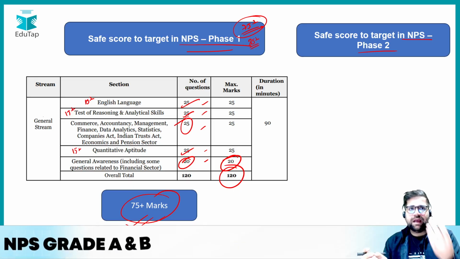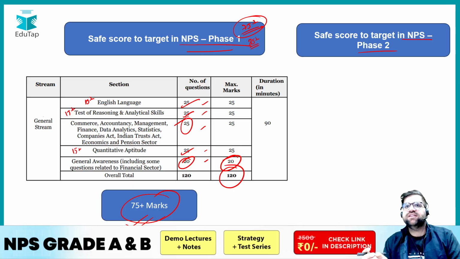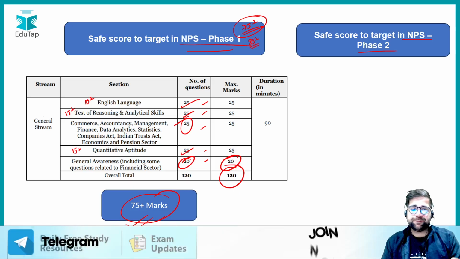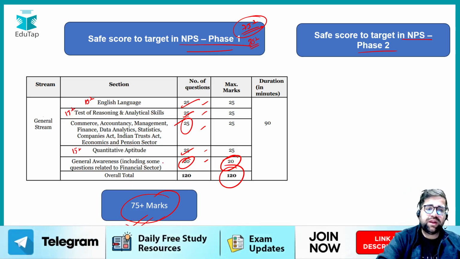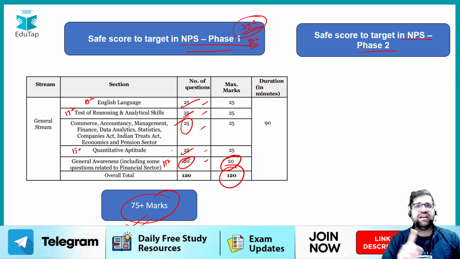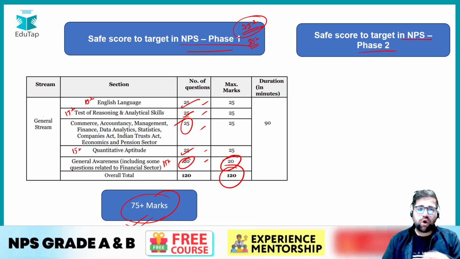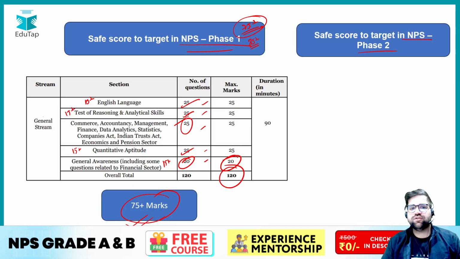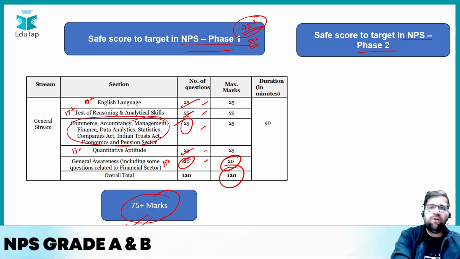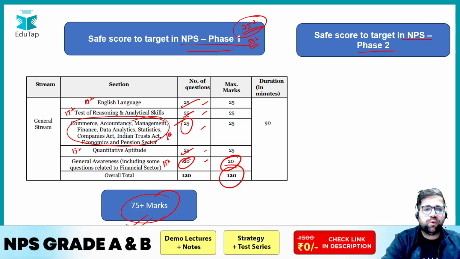So if you have examination experience of RBI or of any other exam, try to use it. Do not let your knowledge go to waste. Now for GA, I will try to include 15 plus again because GA is again doable, and for all the 6 components, or more than 6 components, which are your specialized components, try to score 20 plus over here